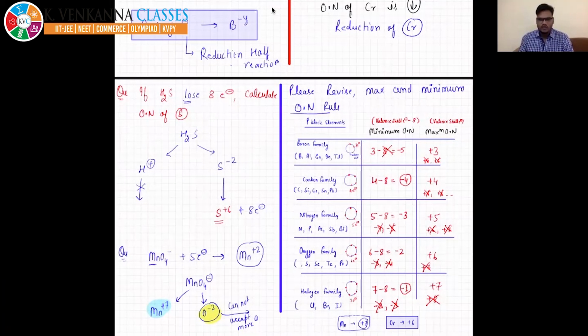Now let us understand what is a reducing and oxidizing agent. Very important. They will ask you a direct question. Each or alternate year you will find such a question. Which of the following is oxidizing? Which of the following can behave as an oxidizing agent, and which can behave as a reducing agent? Is that okay, beta?